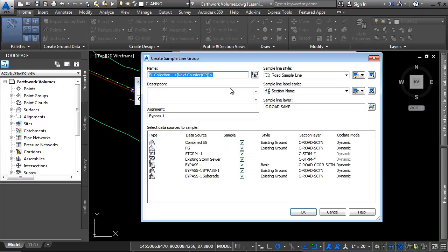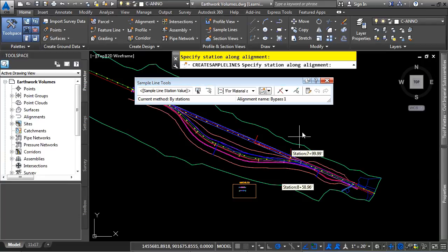We'll begin with an exclamation point, so this goes to the top of the list when we're creating volume calculations. This will make it a little bit easier. And we'll say for material and volume calculations. Now we need to toggle on and off the sources that we need. We don't need everything. All we need is existing ground, the corridor model, and the subgrade surface. So we can turn off finished grade, any of our pipe network objects, and the surface that comes from the corridor object. Click OK,